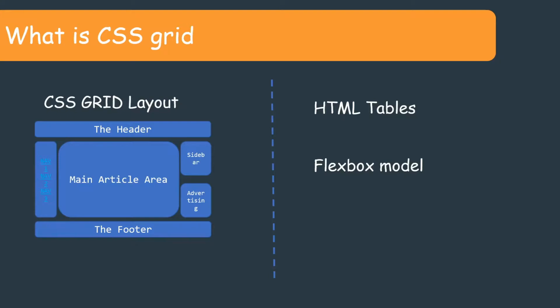Now you might say CSS is already capable of handling layout, right? In fact, there are multiple ways to structure a layout, such as HTML tables and the flexbox model. HTML tables allow us to align items in terms of rows and columns, but there are many disadvantages to it. For example, if you want to create some basic structure, you need to add lots of junk rows and columns just to manage item position. And also, as it is a fixed-width layout, it does not render well on different sizes of devices.